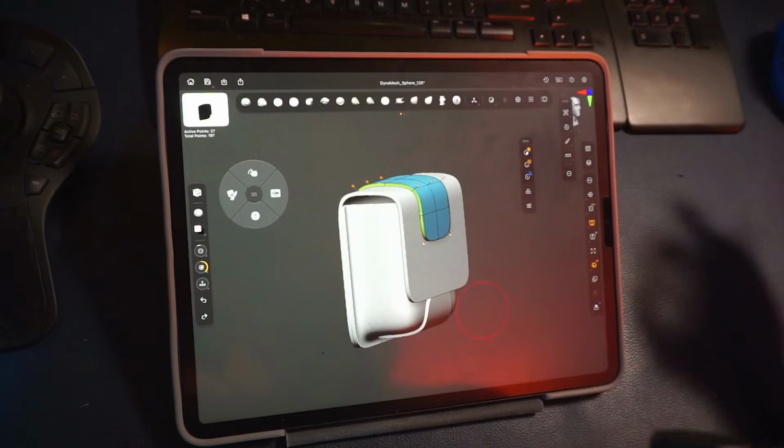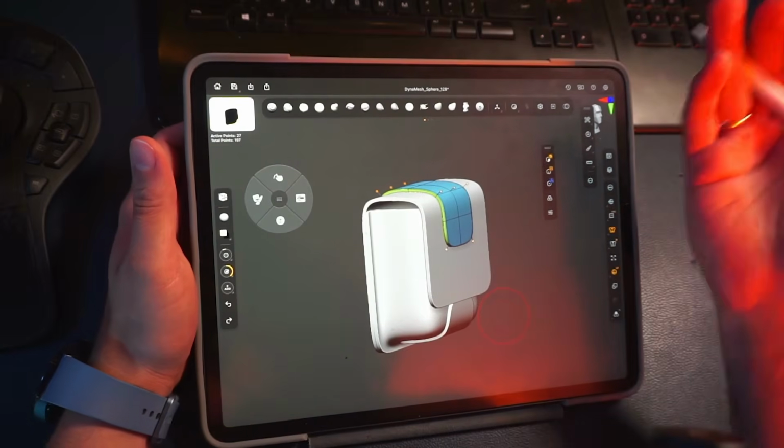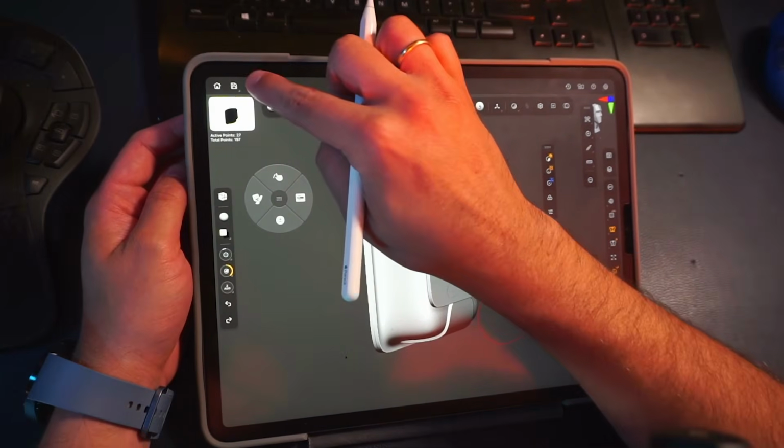Full disclaimer here: the buckle is something that I did in ZBrush for desktop, but it can totally be done on the iPad. It's just that I already had it. In order to save some time, I'm just going to use a tool that I already built, and I'm going to share it with you as part of the resources so you can also do the same thing. So let's go back in here, and I'm going to show you how you can import that. If you download it and save it into your iPad, all you need to do is click on this button,